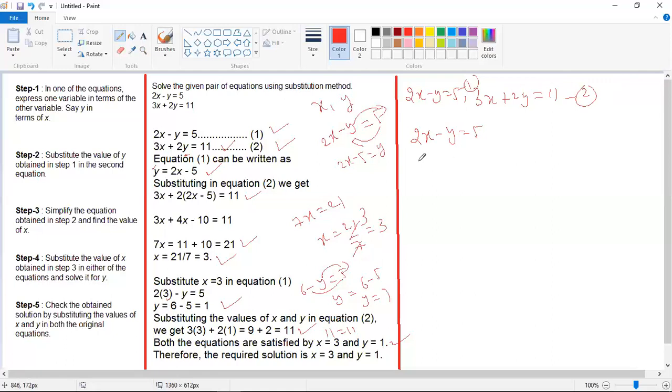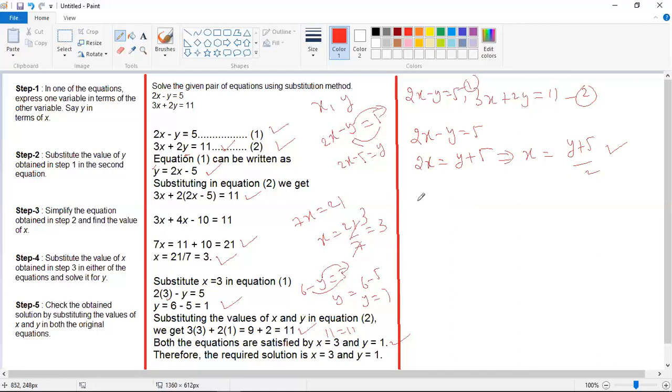So for 2x minus y is equal to 5, first I send y to the other side, and it becomes y plus 5. From that I can write x is equal to (y plus 5) by 2. Why? Because here 2 is multiplying x, so if I take this 2 to the RHS, it divides. So here I got the x value, (y plus 5) by 2. Next, substitute the value which I got in any other equation. Let's take equation 2.